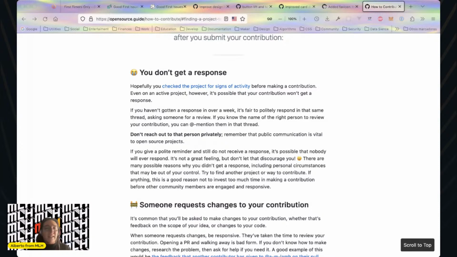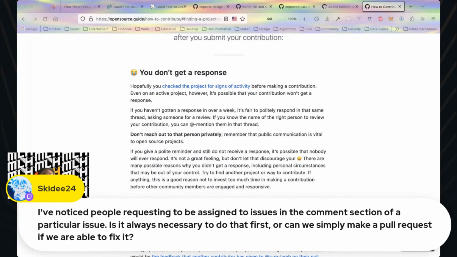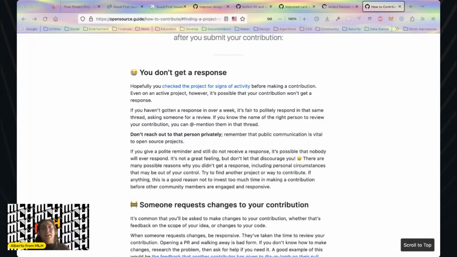But I didn't see that in the comments, I didn't see that in the discussion, I didn't see that because the README didn't mention it. But you will see, it's up to the project, up to the community, up to the context of the issue itself. But I will say, in general, yes, you will have to be assigned to work on that.